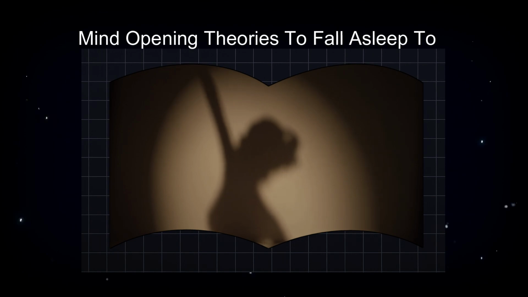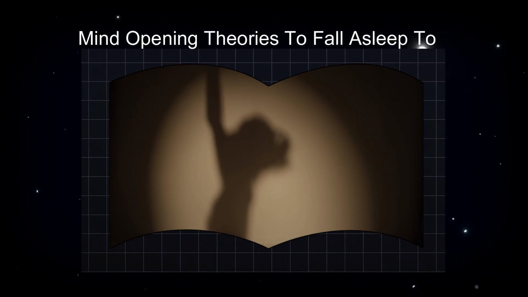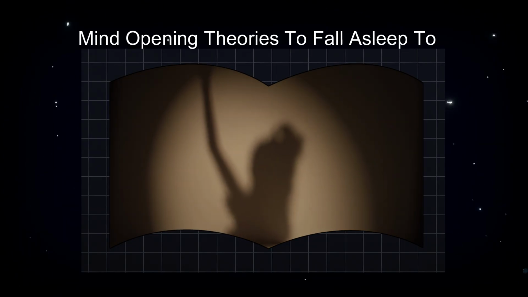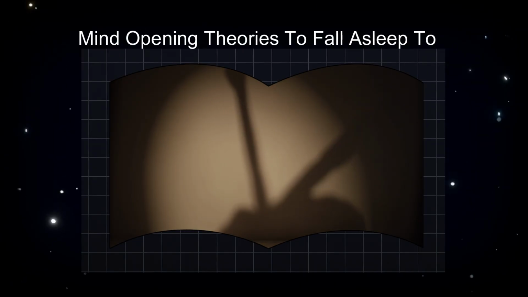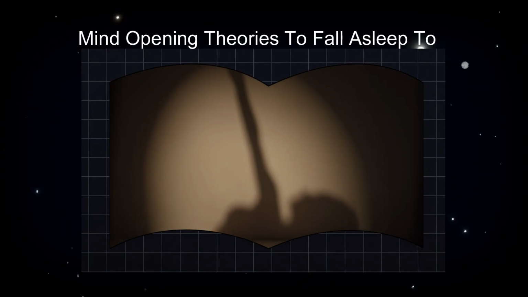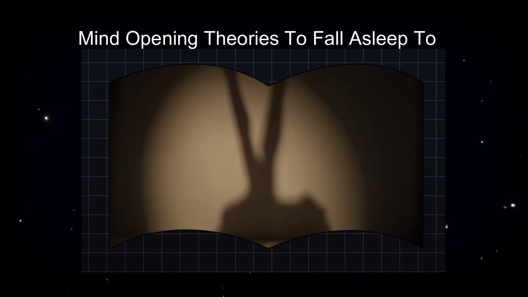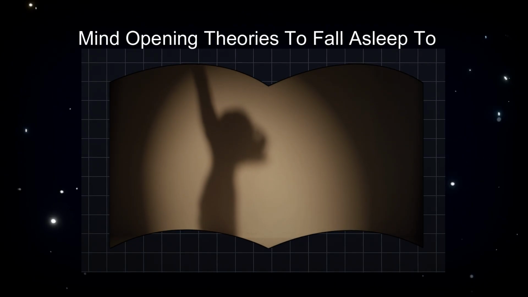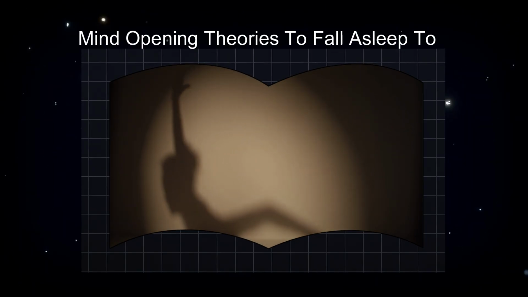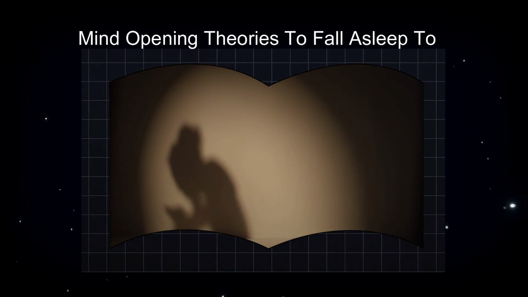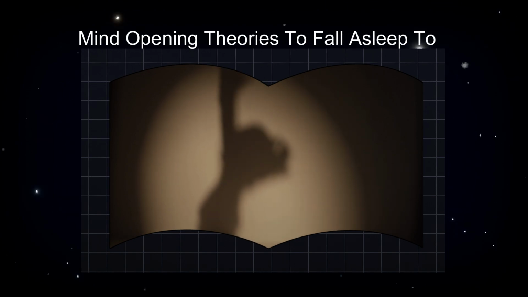Now, one of the most fascinating implications of the Anthropic Principle is its intersection with the multiverse. If we imagine that our universe is just one of a vast number of universes, each with different physical laws and constants, then the fine-tuning of our universe becomes less mysterious. In a multiverse, with infinite variations, some universes would be lifeless, but a few would have just the right conditions for life to emerge. And we find ourselves in one of those few, because that's the only place we could be.